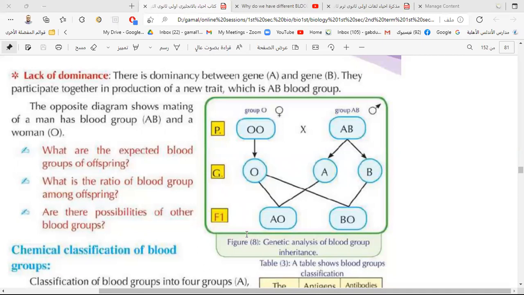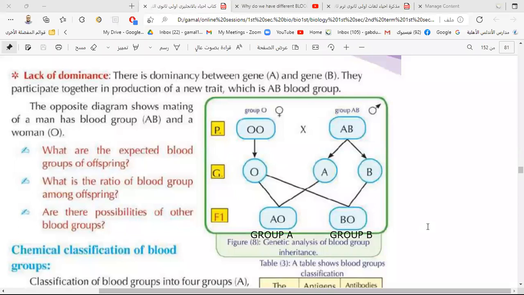In AO, what is the blood group? Blood group A. Of course, it will be group A. And in the other case, BO will be what? B, of course. So, if two individuals married, one having blood group O and the other one having blood